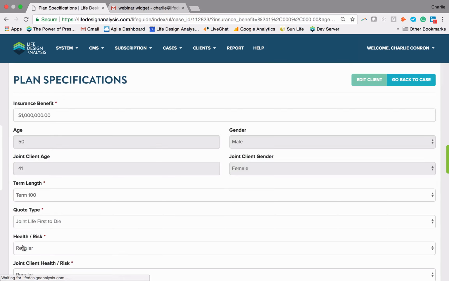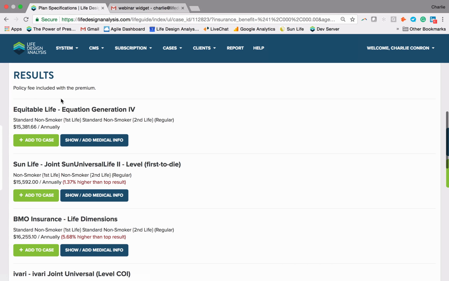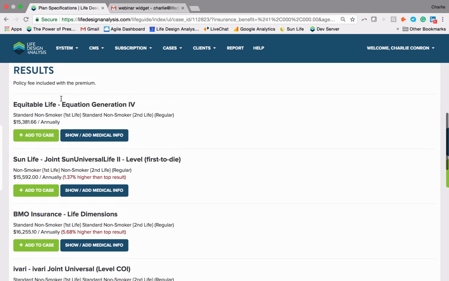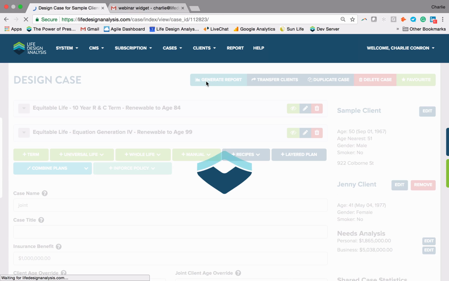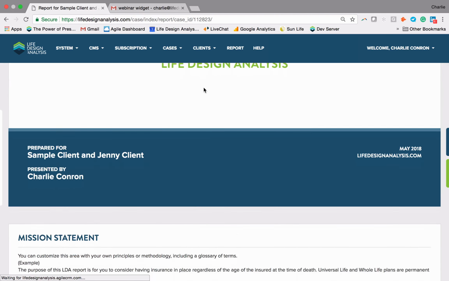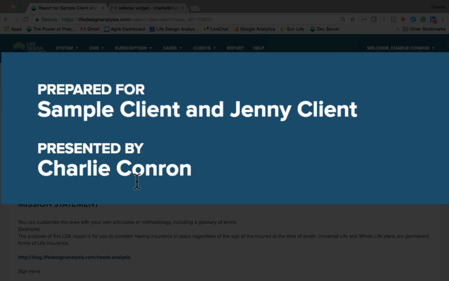And again, I can go through this survey and say, who do I like out of this? You can see Equitable again comes out at the top here. So that makes nice consistency. I'll just add them to the case. But that's really as easy as joint life is. Again, we can, of course, go ahead and generate a report and take a look at the phenomenal report that is presented. But just as we would present for one client, now we've got both client names on